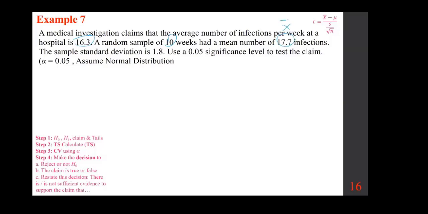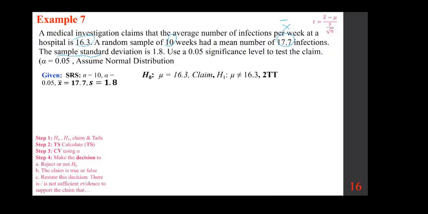The sample standard deviation is 1.8. That means s is 1.8. Alpha is 0.05. H0: mu is 16.3. And H1, what is the investigation? Is that the average number of infections per week at a hospital is 16.3. That is the claim. So the complementary event would be "not equal." So take a look at the claim, and therefore you should be able to come up with the proper alternative